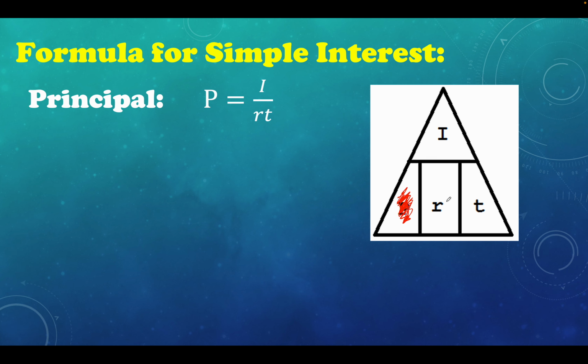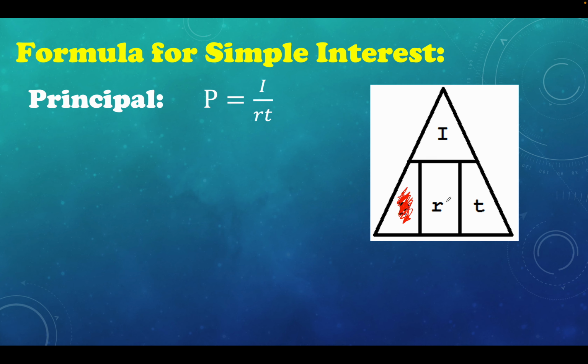So what we are going to do is just to cover the rate, which is the one that we are looking for. So, cover mo lang yung rate natin dito, and yung matitira is interest divided by the principal and the time, which is also this one. So, interest divided by principal times the time. Then, next,